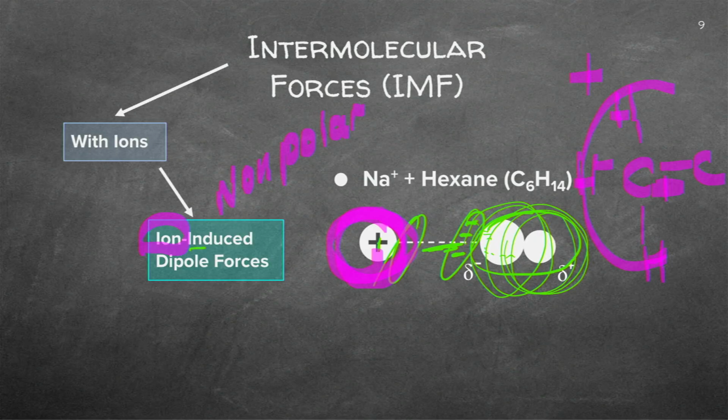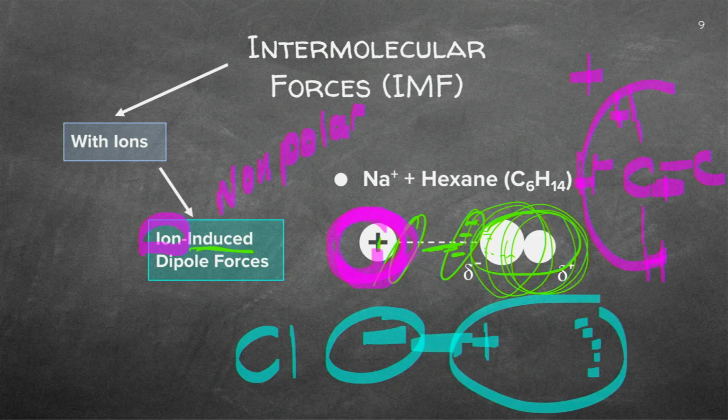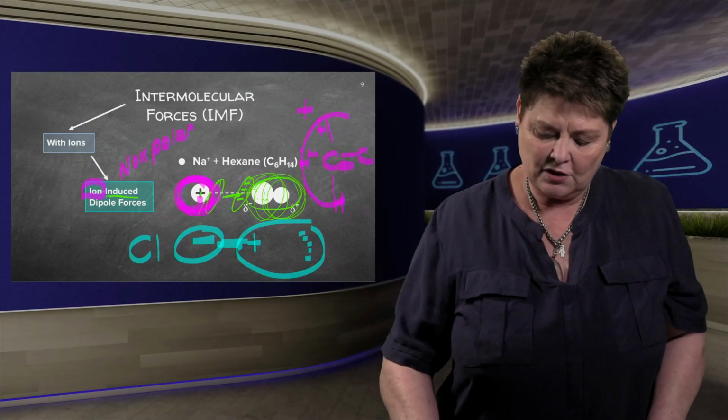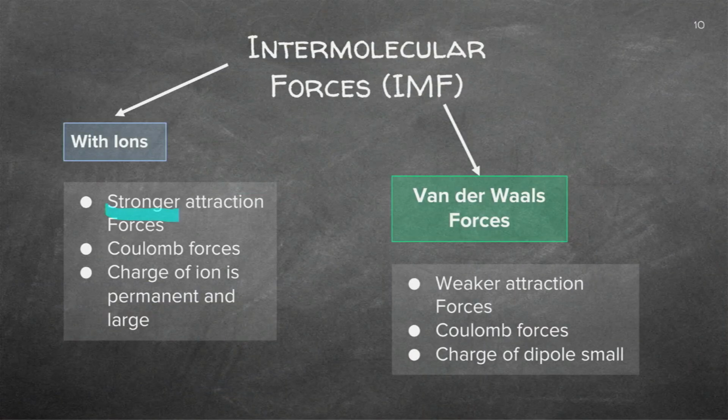So it will be an induced, a putting in of a charge. Let me quickly ask you, can you think what will happen if I put, let's say for instance, a chlorine there, which is negative? The same will happen with the electrons. It will gather that side, the positive will be this side, and it will then bind very temporarily. So that was the two with the ions. It's a strong attraction. Why is it strong? Because it's got a permanent charge. It's a large permanent charge, either positive or negative, and we know about Coulomb forces.